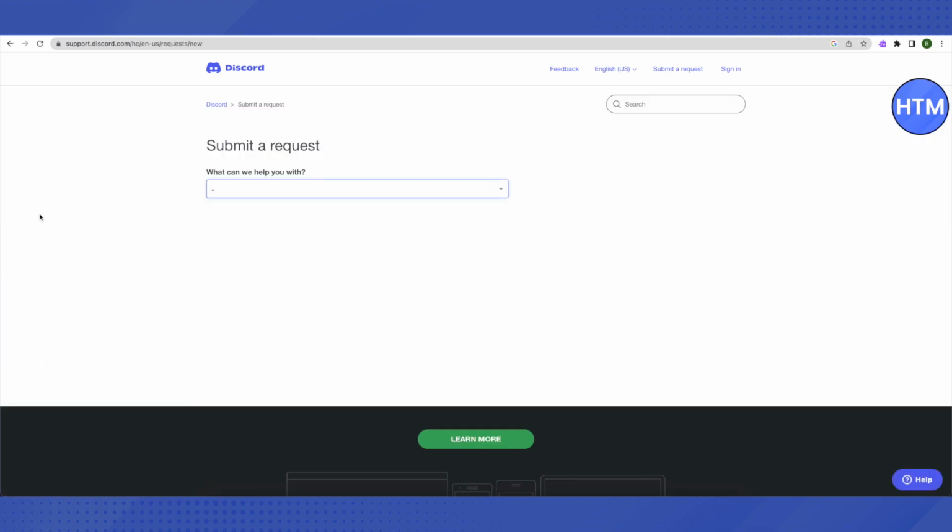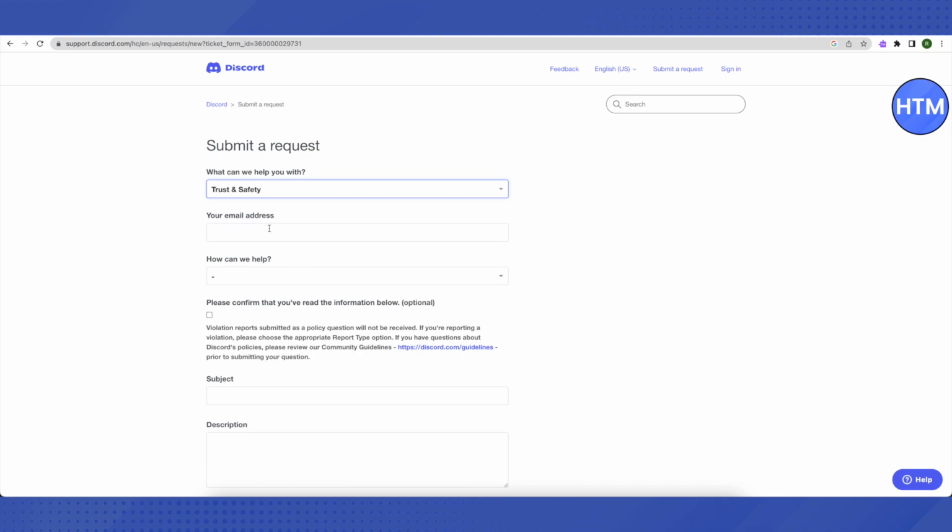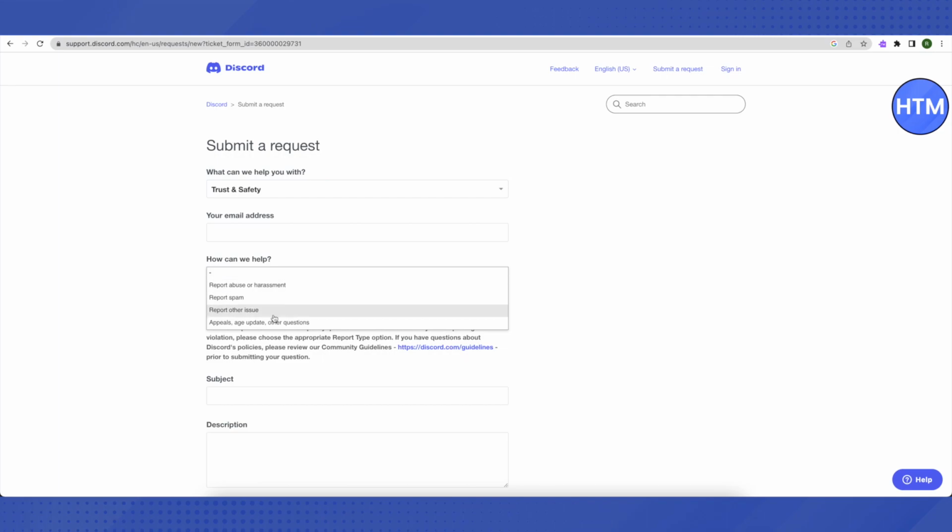And after that, in this section of what can we help you with, click on it and scroll down. Then click on this option of trust and safety. After that, type in your email address, and in the section of how can we help, select this option of